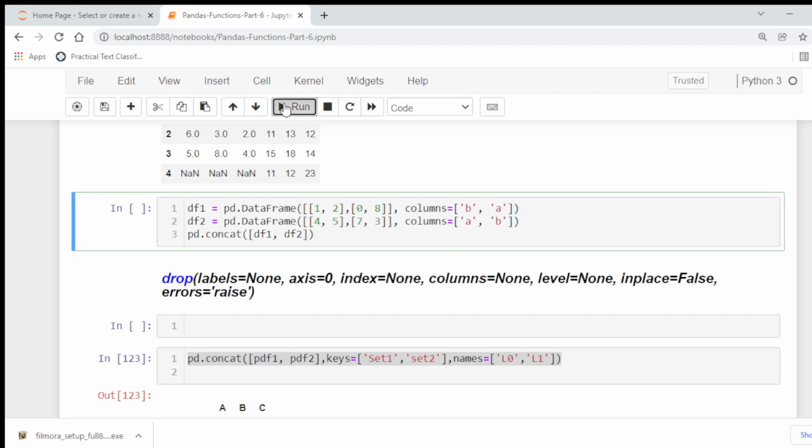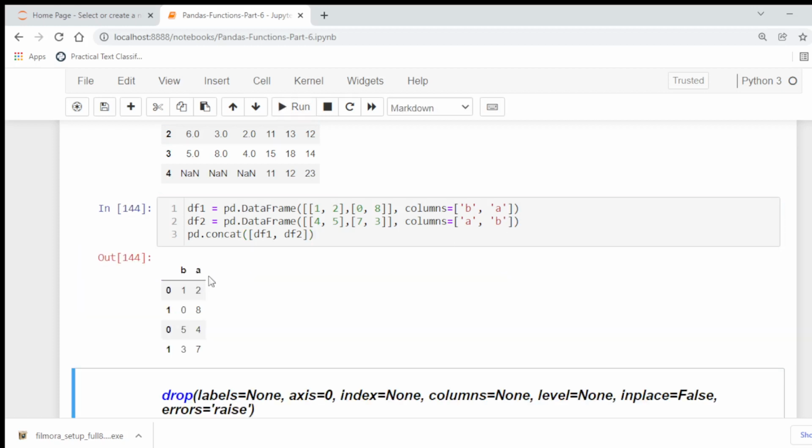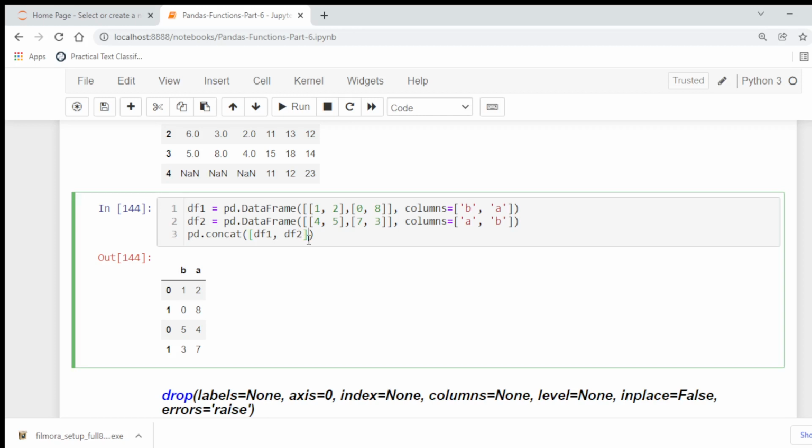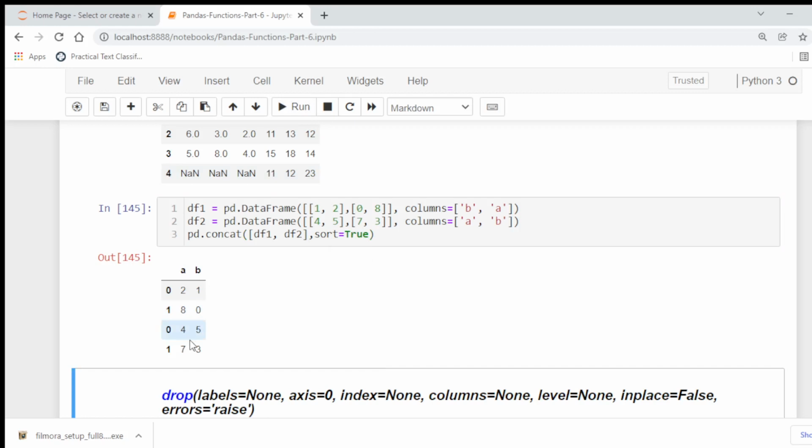If we run it, it will still display in the same order, B the first and then A. So we can use the sort parameter to sort the order of the columns in this way, and we get this.